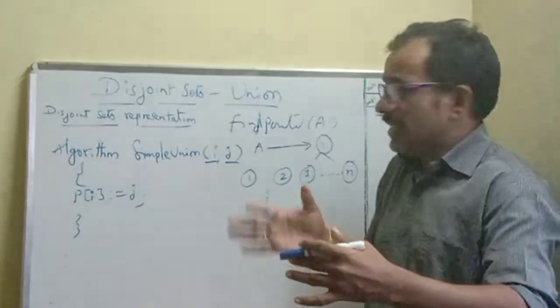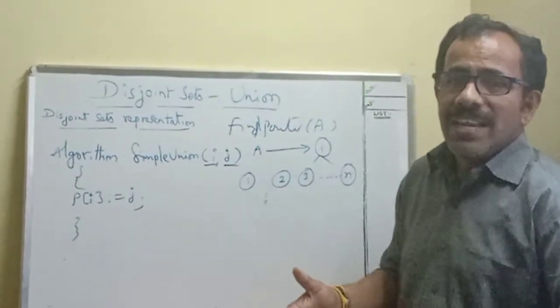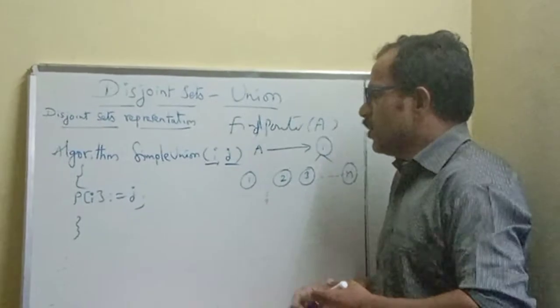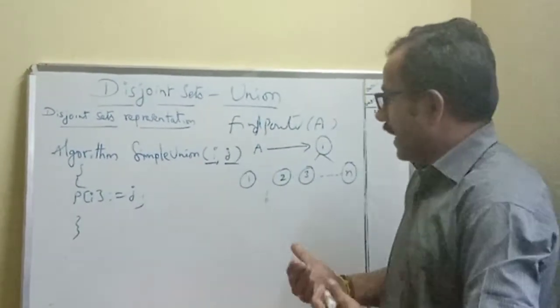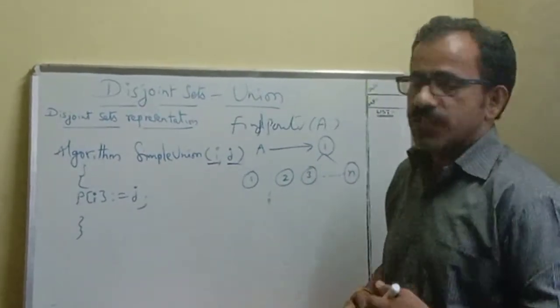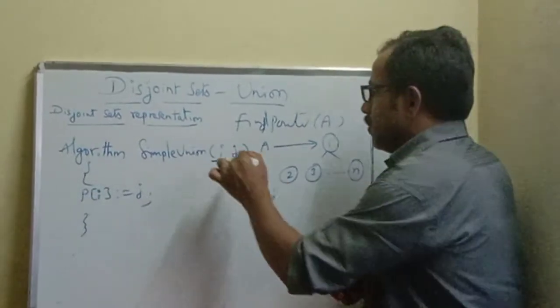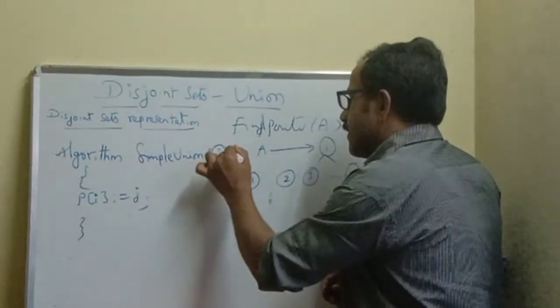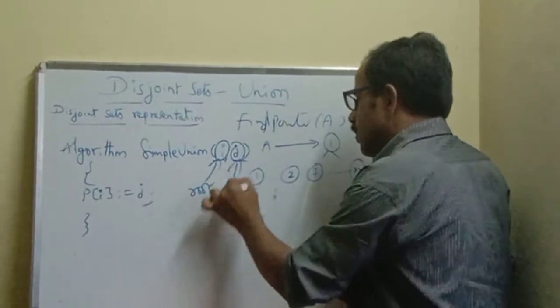What do you mean by union? Generally, union requires a minimum of two inputs, like all binary operators. One input is one set's root node, and another input is another root node. Here we are going to combine two sets, which have already been converted into tree structure format. So I am passing two parameters now. One parameter is the root node of the first set, and this is the root node of the second set.